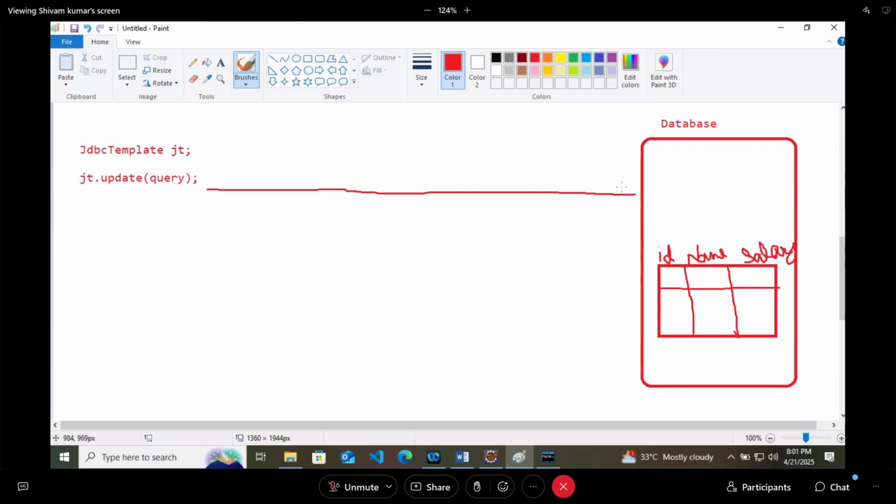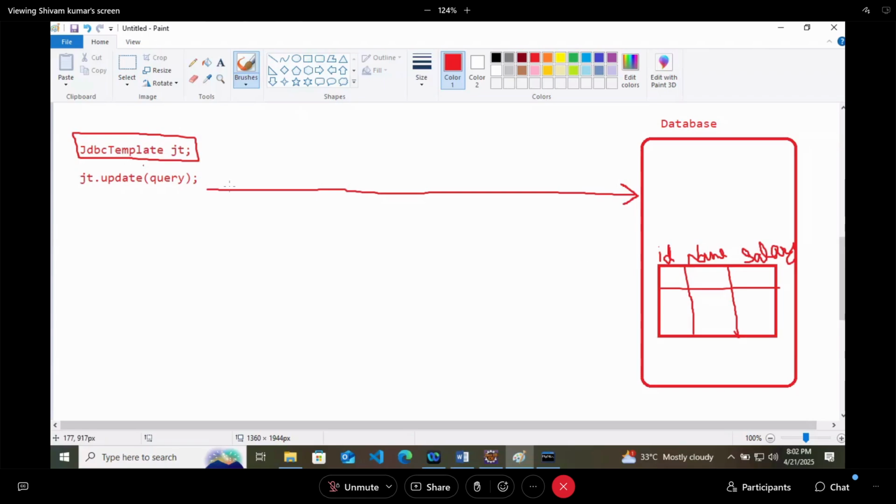This JDBC template is trying to go into the database and fit some values here. But this database will ask, do you have a password? So JDBC template will say, no, I don't have a password, but I can update it. Database will say, not allowed.